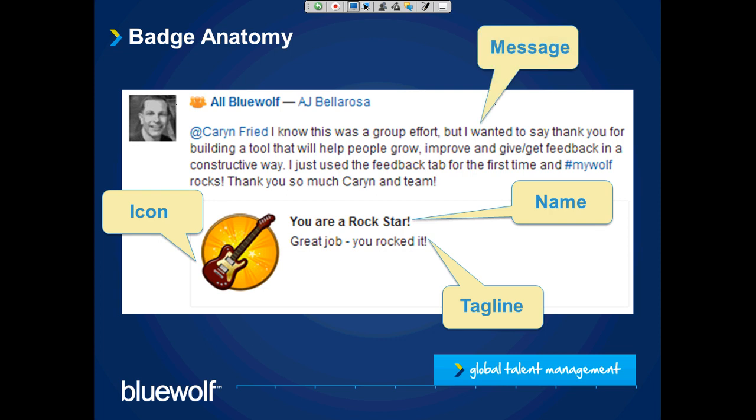Finally, the badge message. There are two options with the badge message. Option one, we can make this a free-form message, and that means you as the badge admin would key in this message every time you award the badge. This allows you to craft a personal, specific message for each badgee. This option makes the most sense for the behavior-driven or more qualitative badges.